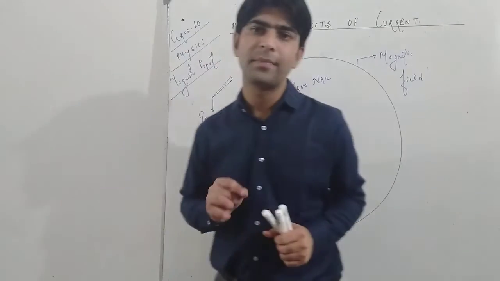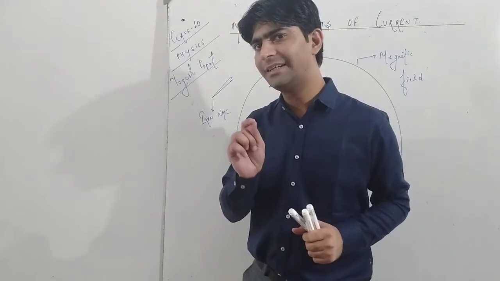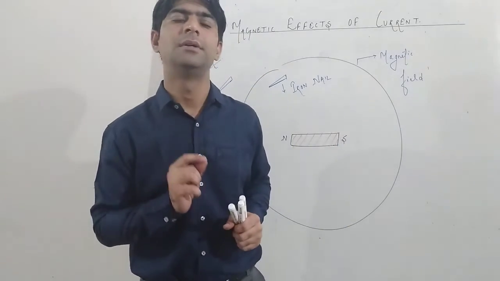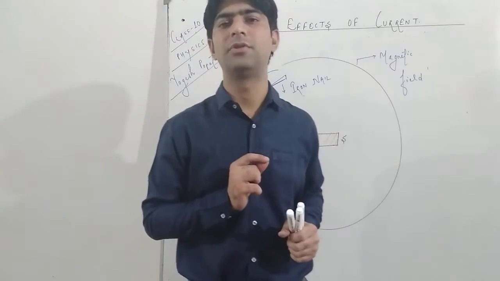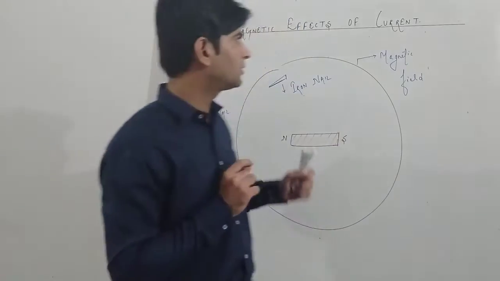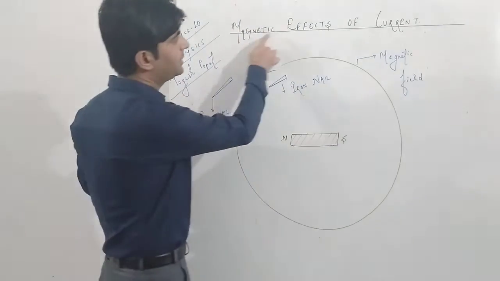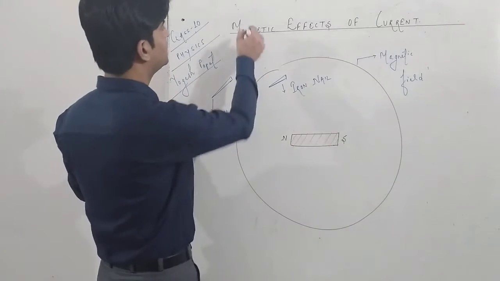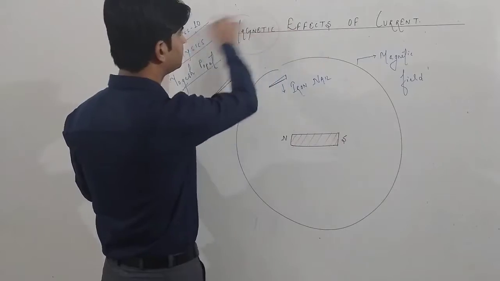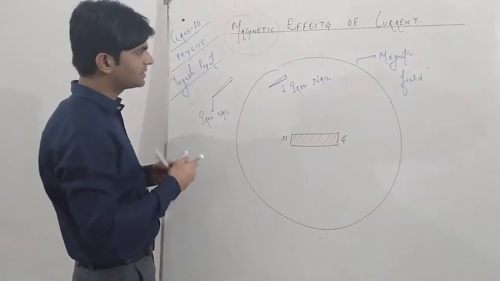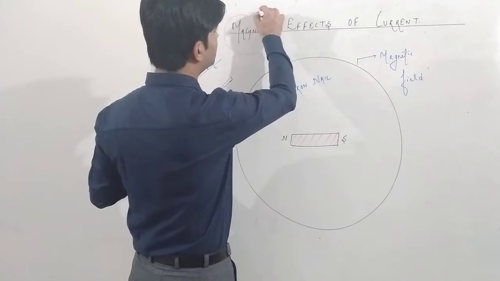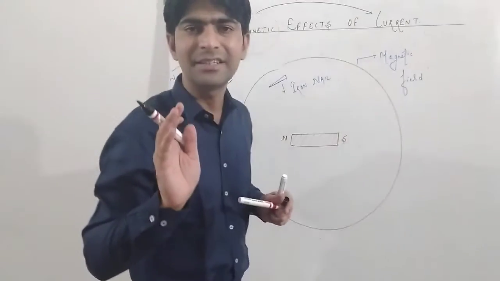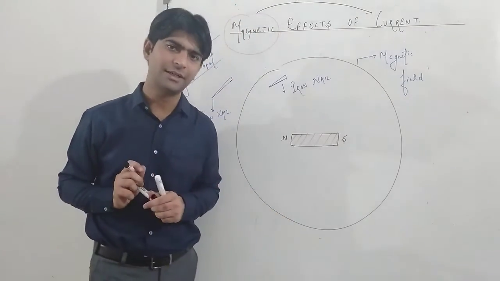Now my dear friends, electricity and magnetism are interrelated phenomena. These two phenomena, magnetism and electricity, are the base of physics, you can say. Now if we talk about this chapter, the chapter name is Magnetic Effects of Current. That means this chapter is something related to magnetism, and I think this magnetism is going to be induced or provided by the flow of electric current. Electric current is the rate of flow of charge.